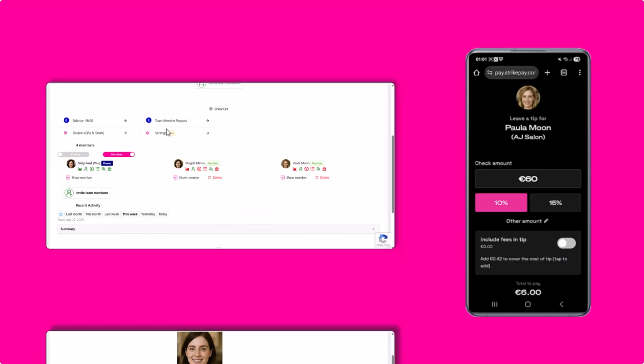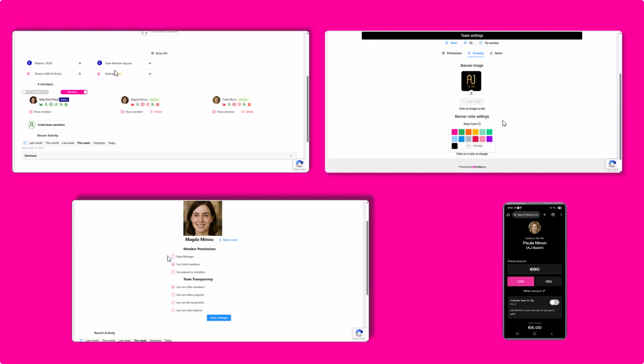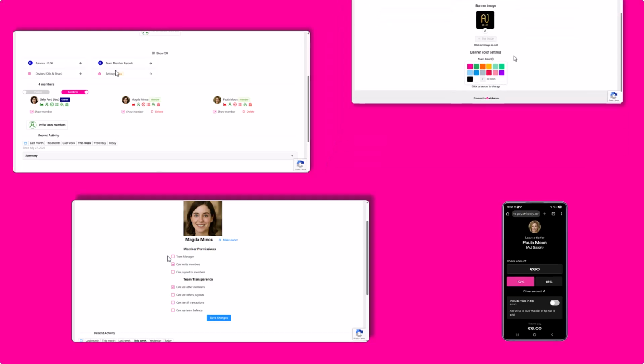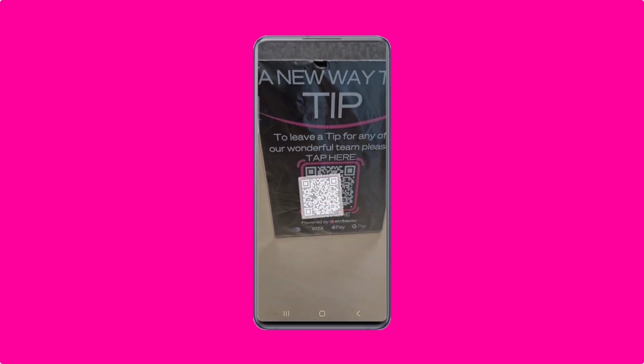In this video, I'm going to show you how to create your team on Striketip, add your team members, and then how to set up some bits and pieces like your branding, the tip options that your customers will see, etc. So to set up an account and create your team, use the QR scanner on your phone to scan